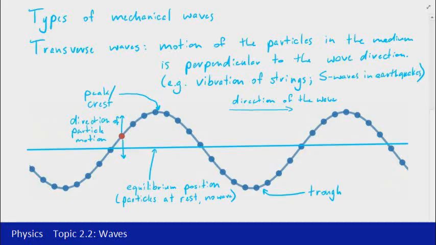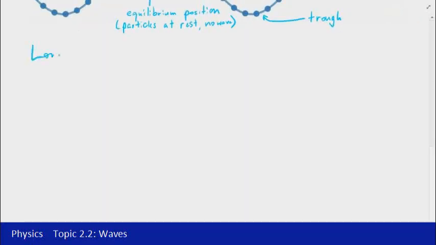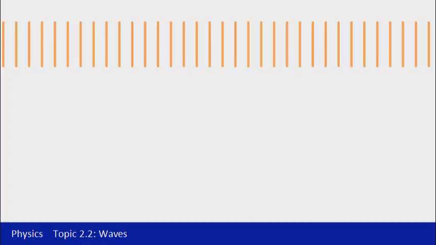Now the second type of mechanical wave we need to look at is a longitudinal wave. And again, we'll have a look at an animation here to identify some of the key things about longitudinal waves. This time for a longitudinal wave, we're going to use vertical lines to represent what happens with the motion of particles. Think of these lines as representing the coils of a slinky, and we're going to be moving the coils backwards and forwards in order for a wave to be transferred through it.